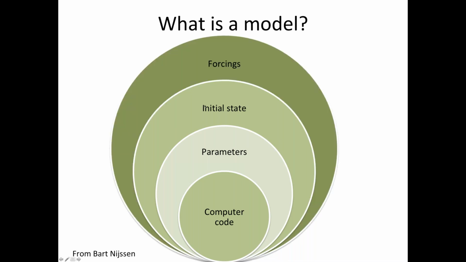And then you need some forcings. You need boundary conditions to your model, which in the case of snow are generally the meteorology. What's the precipitation, the temperature, the other variables that would cause snow to accumulate or melt. And we must think about all of these together to understand how the model works. And if something isn't working, it could be at any level of this model onion.